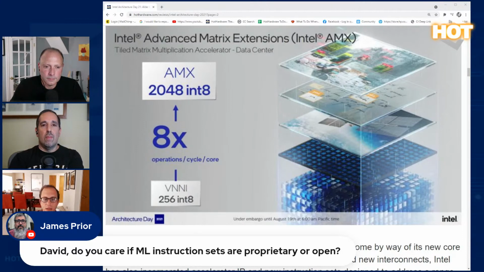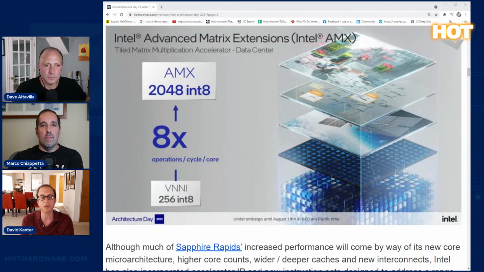Certainly, if you look at NVIDIA's GPUs, CUDA is proprietary to NVIDIA, and that hasn't stopped them from having a phenomenal business and a phenomenal impact in the world of machine learning. So I don't think that's a barrier. But I think the value of openness is in building that software ecosystem, right? And getting everyone to potentially contribute to it and see how that turns out ultimately. And the potential is good for Intel to do that with these new instructions.